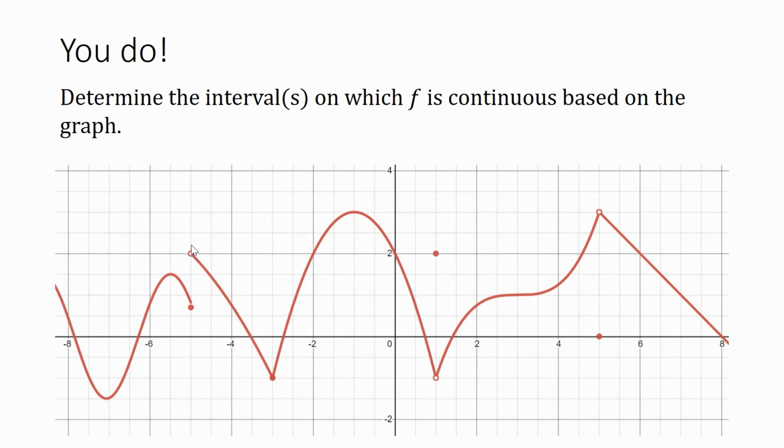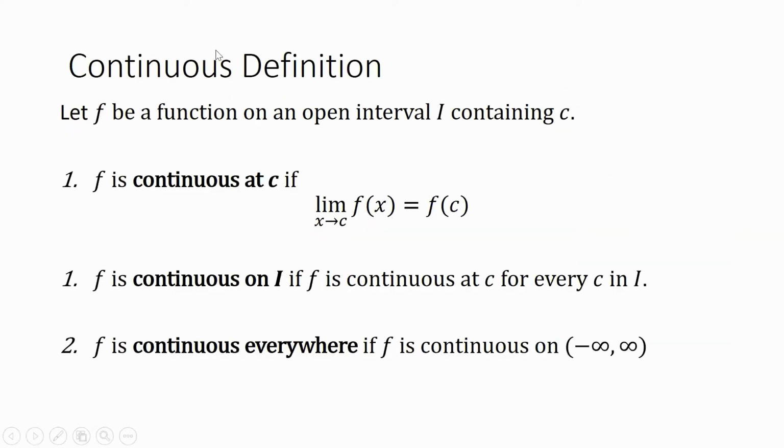is basically coming from the real definition, which means as I travel along the graph, I should always be moving towards the spot where the function is defined and where the output of the function is. If you're always moving towards the spot of where the output is, then your limits are always going to match up with your outputs.